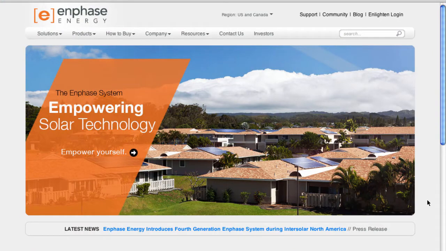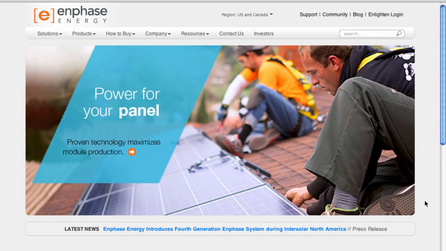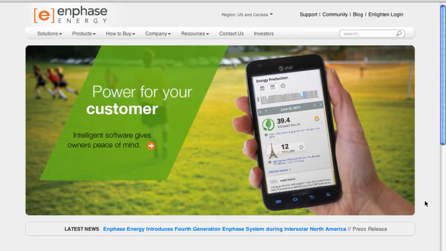within Enlighten. What I really suggest though at the very beginning is to plug in your Envoy at the office, plug it in, get it an internet connection. This is going to help facilitate getting the software to the Envoy and speeding up your installation time once you're